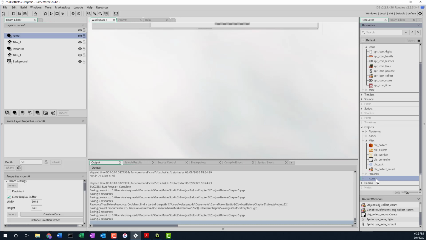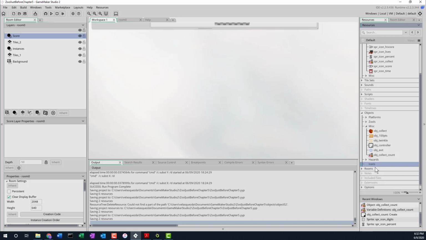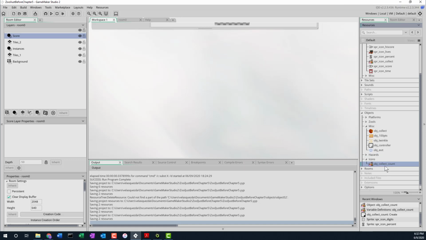And inside the icons group, we're going to drag in our collection count object. We'll put that in icons. So now it matches what's up here. So if I open up that object,